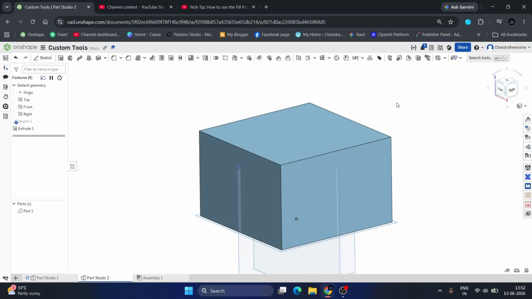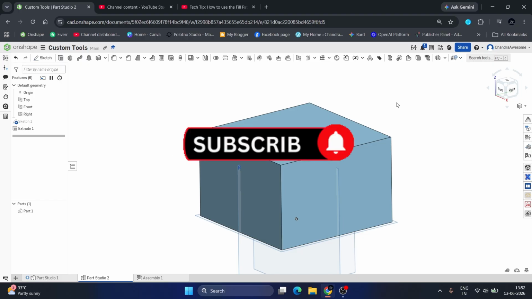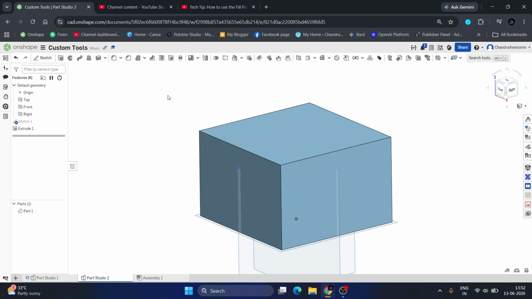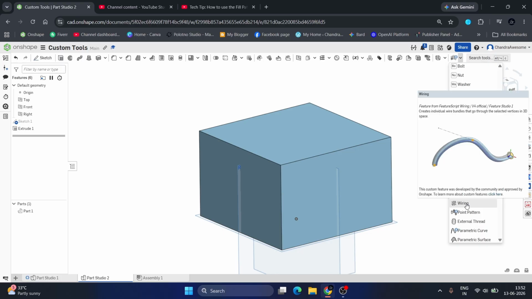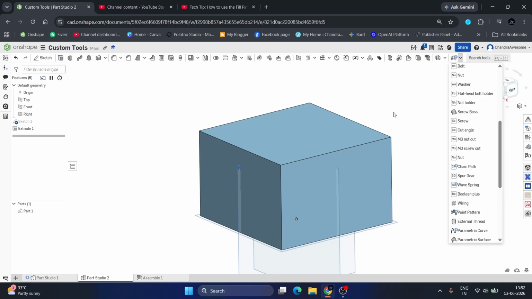Okay, so before that, a custom tool is nothing but a tool that has custom features. It is very simple. For example, here in the dashboard, you see these are all standard tools. Our Onshape community members who have developer skills are trying to create a bunch of custom tools by combining all these to make the work simpler instead of following the traditional approach to do any design. So, let's get into the